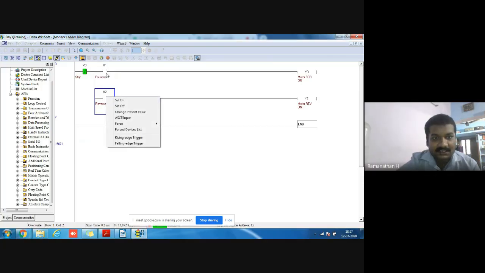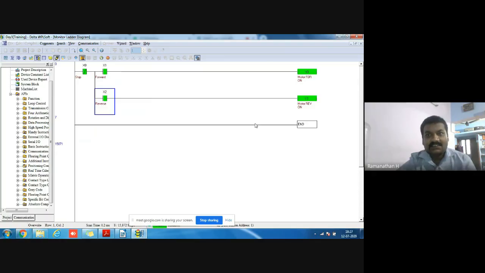The second mistake: it's on, and I turn on the reverse also. It turns on. It's a blunder mistake. If we turn on forward and reverse at the same time, the motor will produce very high torque, and it affects the stator winding. Its temperature will increase and it automatically trips out and turns off. So this is a blunder mistake.